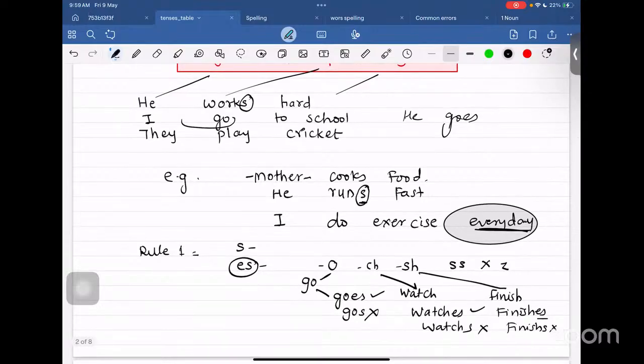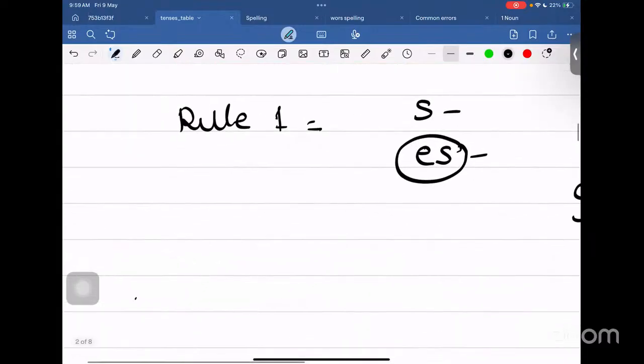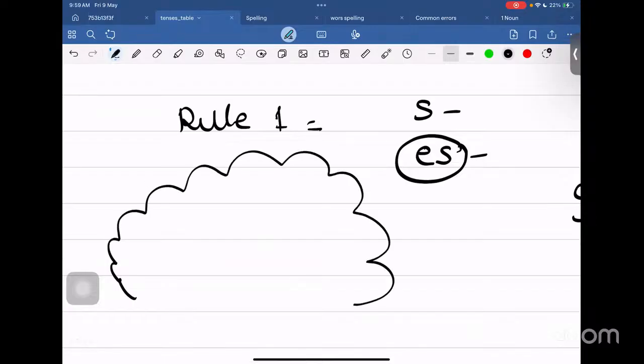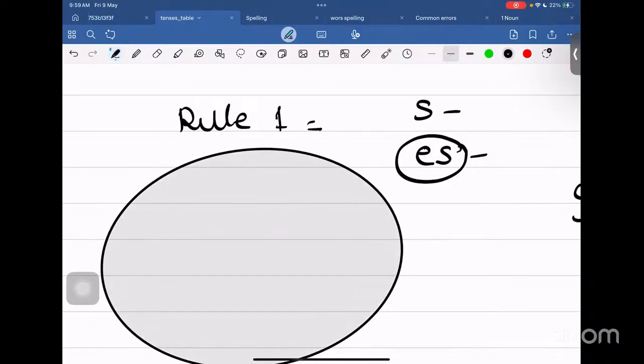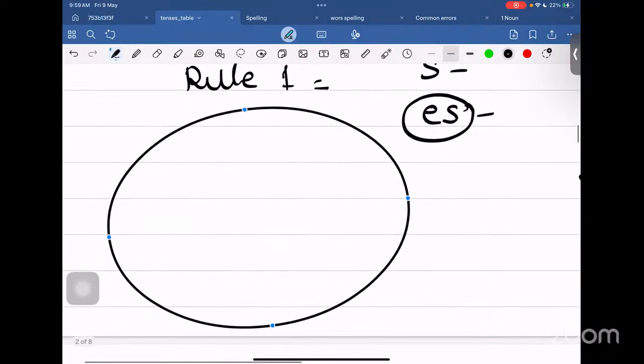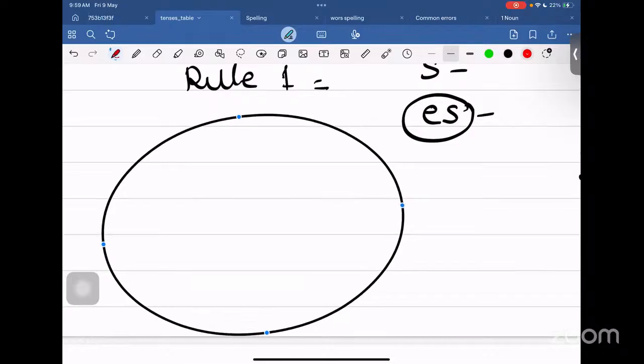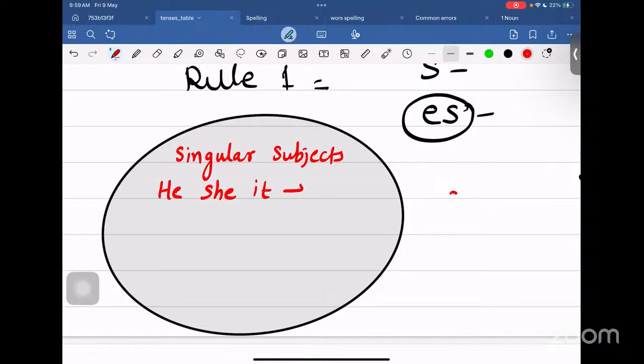ये लिखूंगा मैं कि सिंगुलर सब्जेक्ट के साथ, मैं यहाँ एक रूल बनाता हूँ कि सिंगुलर सब्जेक्ट्स के साथ, जैसे कि ही, शी, इट, इसके साथ यस या ईएस आता है,